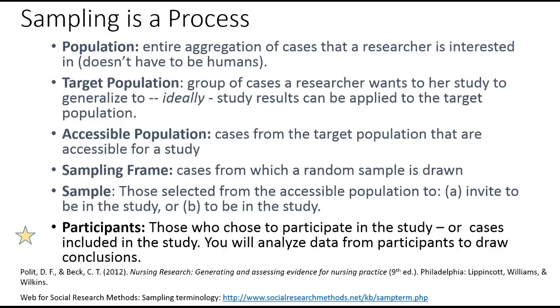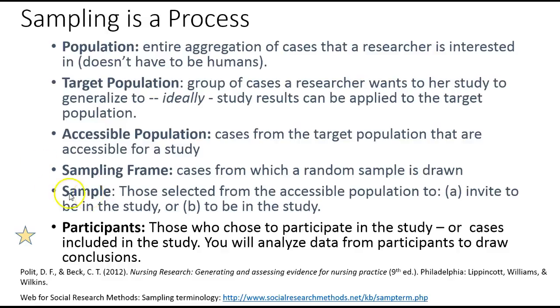You can use a random number generator. They talked about drawing slips of paper out of a hat, but something that means that everybody has an equal chance of being in your study. And if you are going to use random sampling, it's typical to use a sampling frame where you've got this numbered list, and then use some method where you're randomly selecting those people who you want to be in your